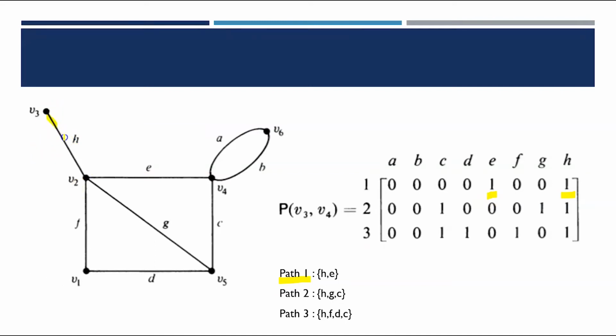And now taking our second path, that will be our second row in the path matrix. The edges included are edge H, G and C. So the H, G, C columns in our path matrix will be 1 and the rest of the elements are 0. Similarly, in our third path, which includes the edges H, F, D and C, our H, F, D, C columns are given value 1 and the rest of the elements are 0. So this is what we saw previously in the definition of our path matrix, that if the jth edge lies in the ith path, then Pij is 1, otherwise Pij is 0. So this is how we form our path matrix.